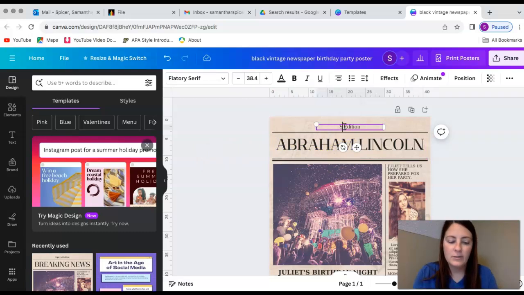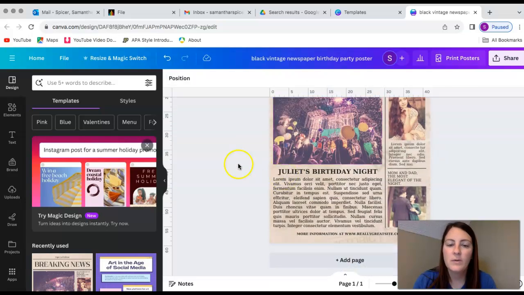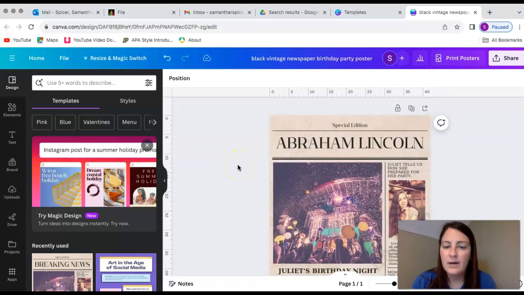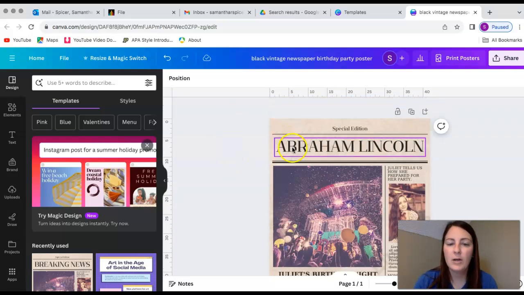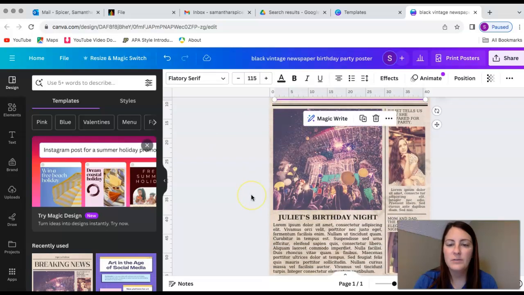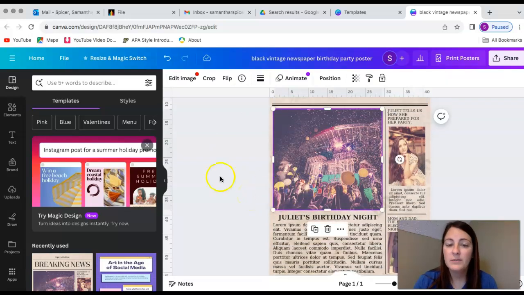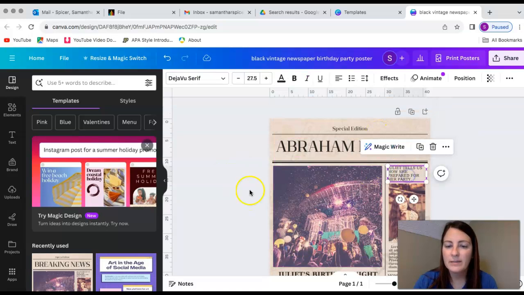And I'm going to change this to the word special edition. So I would show students how to work Canva first so that whenever they get to Canva, they kind of know what to do. But it's really fun and easy for kids to use because each part of it is,